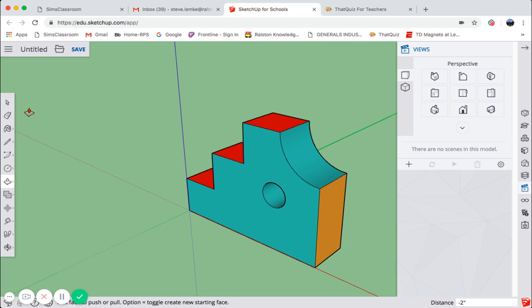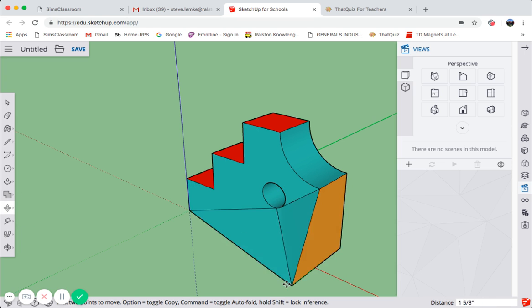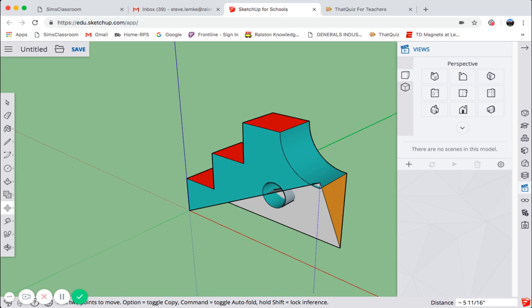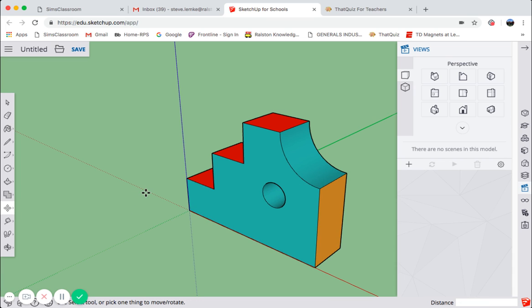So you can just play around with all these things. This is an eraser. This will color it. This is a pencil. This will do arcs, and this will do circles, and it will do polygons. Right. This is the push pull tool. It also is a sweep tool. Play around with that. I'm not sure what that does. You have to play around with that. Okay. This here, you can pull the whole shape around. I don't think you want to mess with that one much. Okay. So anyway,